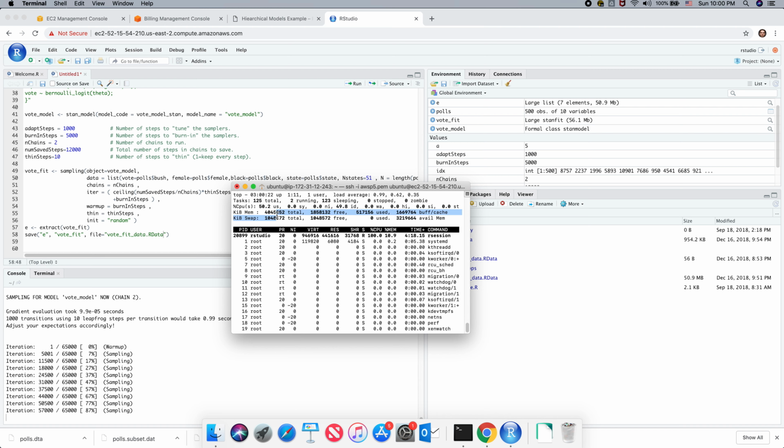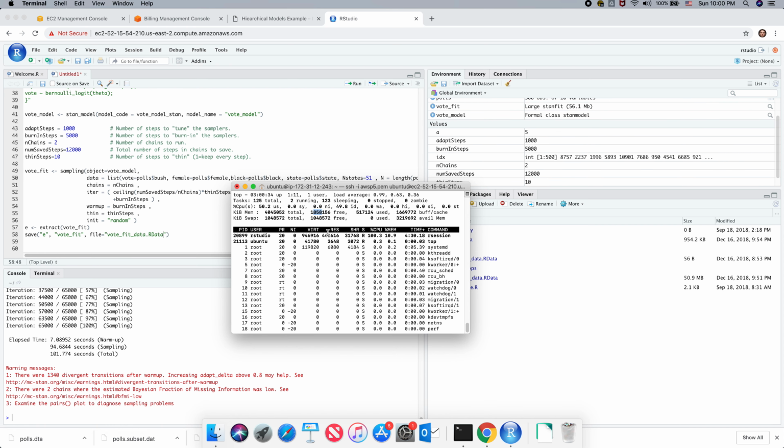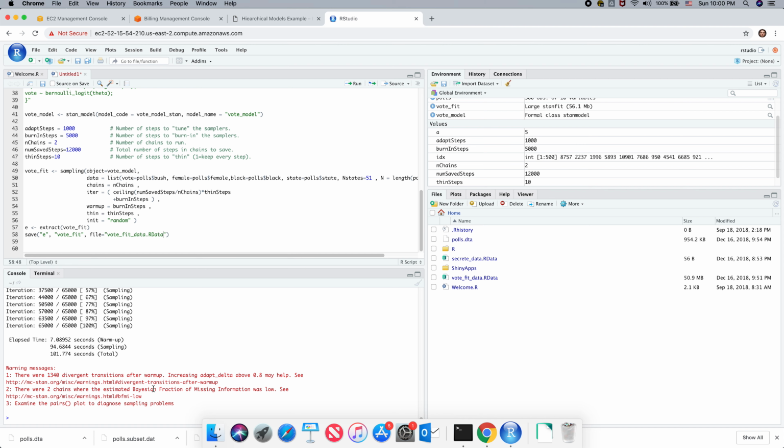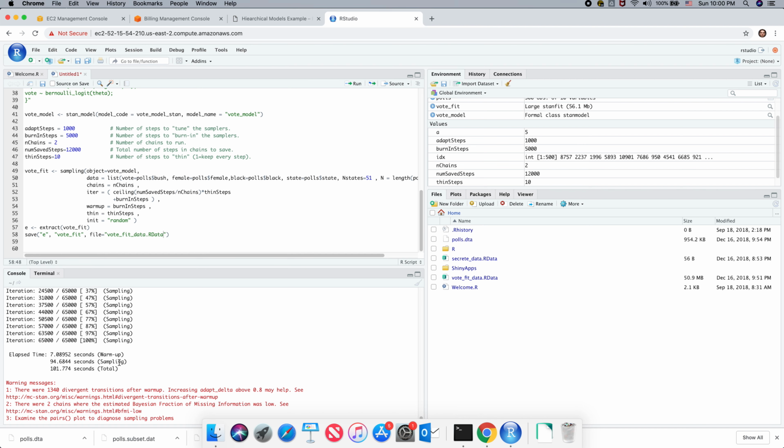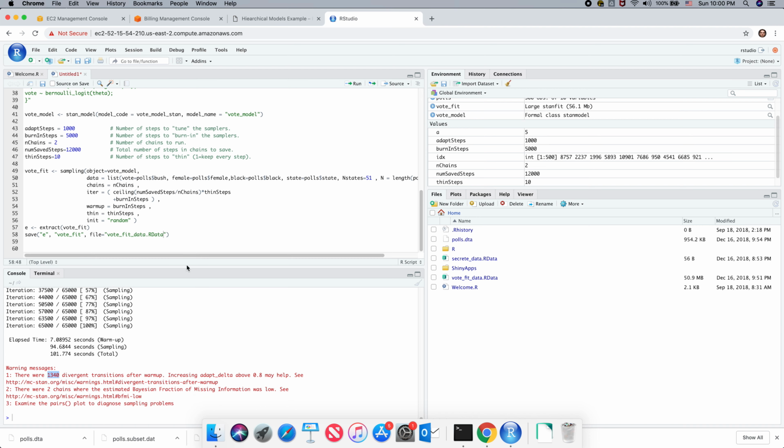So here we are using 4, and we have this much free. So there is still space. Okay, so this is actually a little bit concerning. You had this many transitions, and out of those, this many were divergent. Maybe you should look into it, maybe not. Either way,